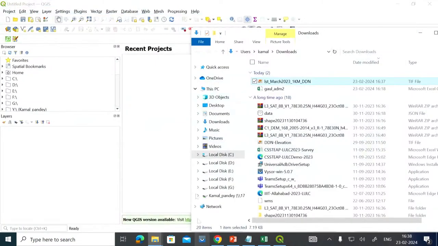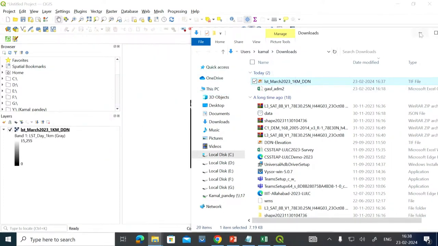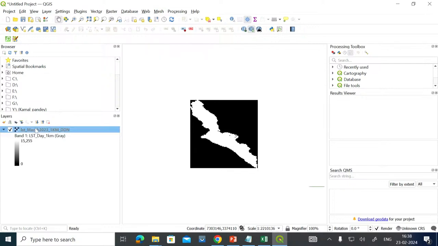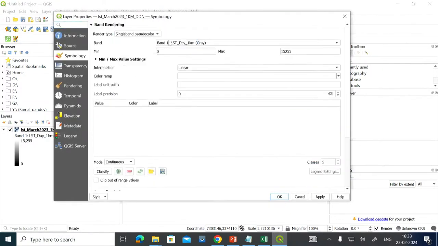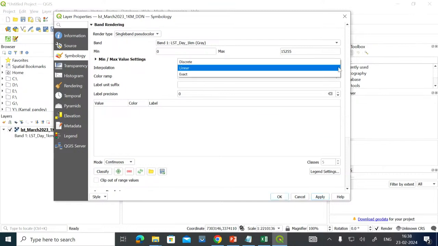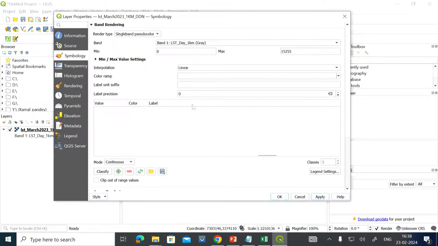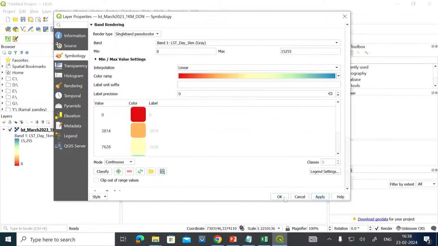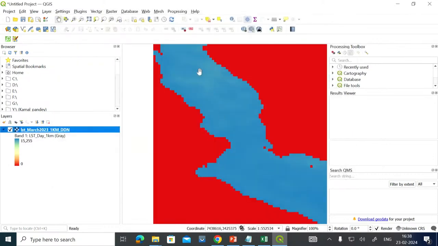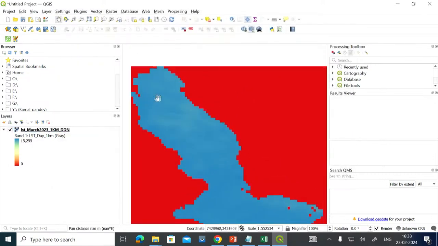Now let us try to open it in QGIS. This is your QGIS. I will just drag it here like anything, and your data set is directly visible to you in this particular folder. Single band, anything you can do over here now. Classify into 5 classes, apply, and then we will take some colors also for it here. Linear, it is done, and then the color ramp basically here. Let us try this color ramp over here, apply, and okay. So your color variations are given. These are the null values, 0, you can remove that here.